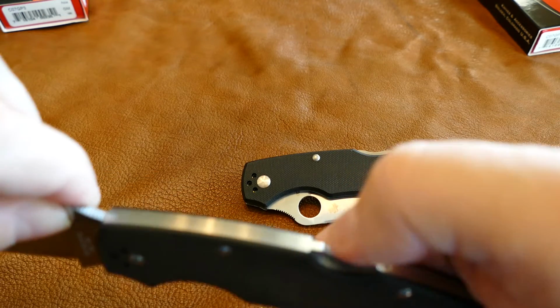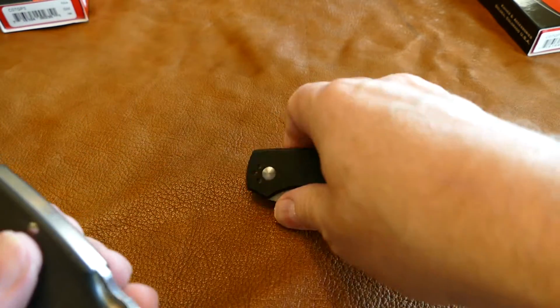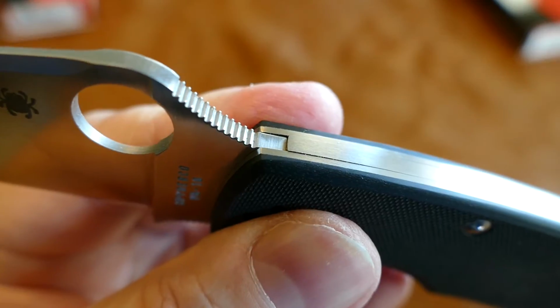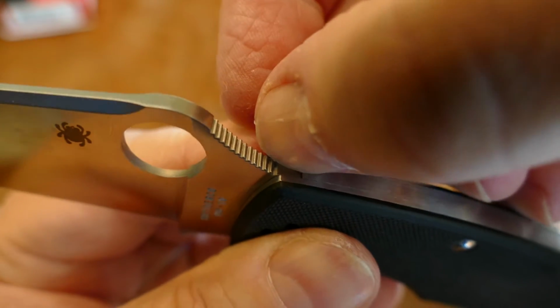The question is whether the lock is as strong. You know, it probably is. A lot of people, I noticed in another video, have complained and thought that they had a fake. Here's the real one. Because of this, I'm going to show you a little indentation here where the blade comes into the back,